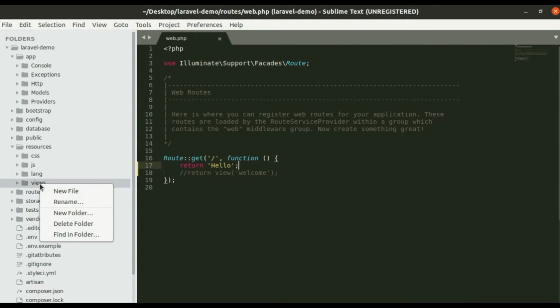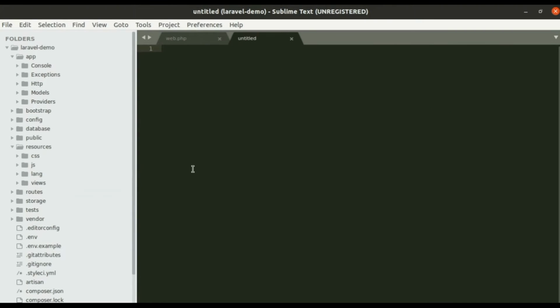Now I am creating one new view file just for the demo. The file name is demo.php, and here I am just echoing some HTML, a welcome message.